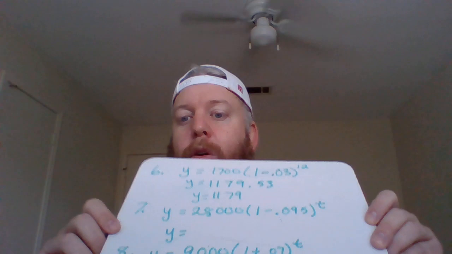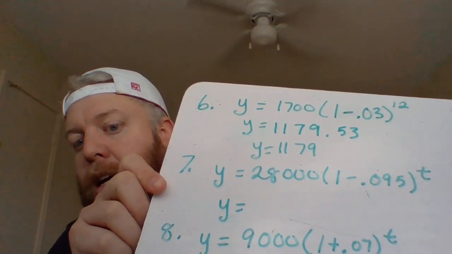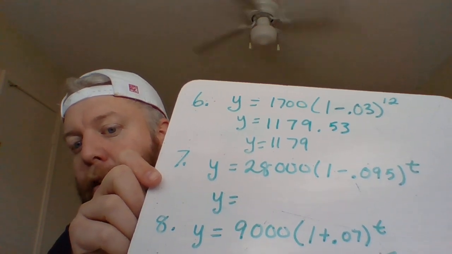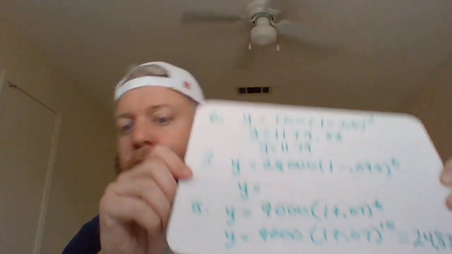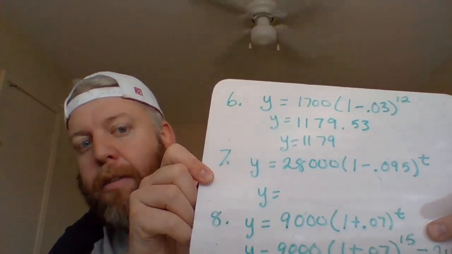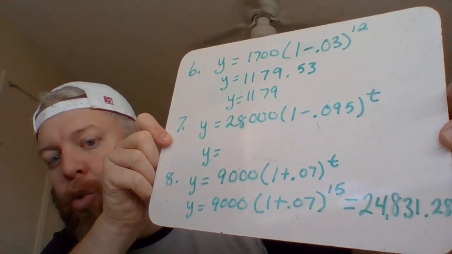Well, we know that it's increasing in price, so we know that's exponential growth. And we know it's growing by 7%, so it's 0.07. So our equation looks something like this. Y equals 9,000 times 1 plus 0.07 to the power of t. So we type that in our calculator and exchange t for 15 because it says how much will it be after 15 years. And we're going to get